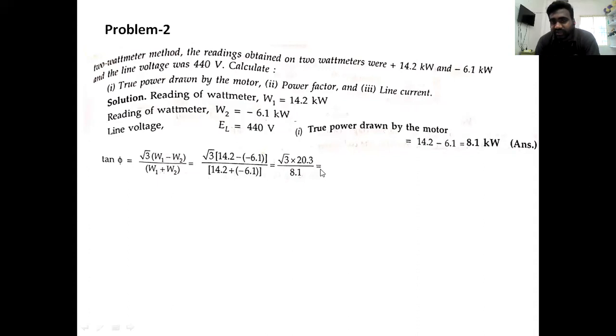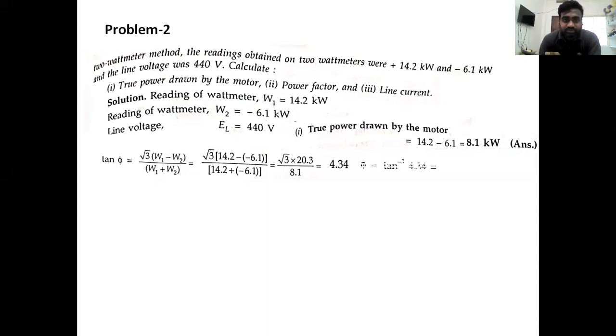So what is the value of tan phi? Just anybody respond in the chat. Someone posted that the value of tan phi is 4.34. Is it correct? Verify. Right, 4.34. Someone got 4.35. Is it correct? Anyone verify with this? I'm checking the answer. The answer is 4.34. Tan phi is equal to 4.34.